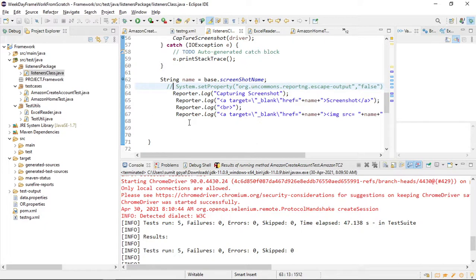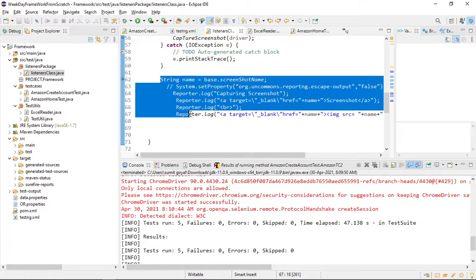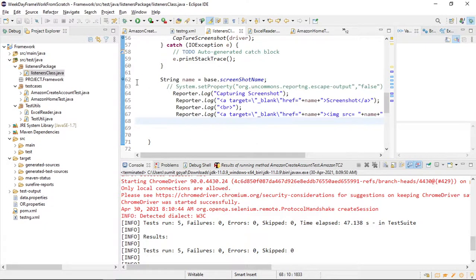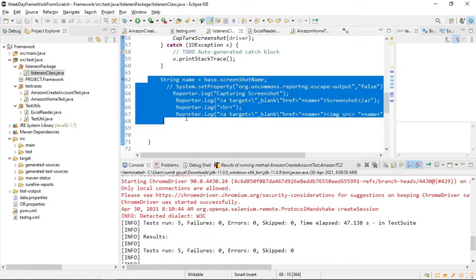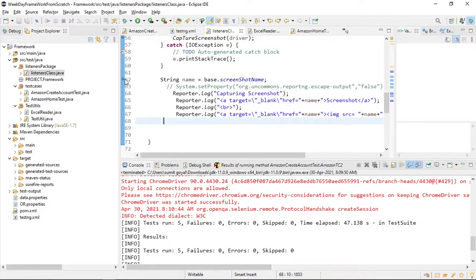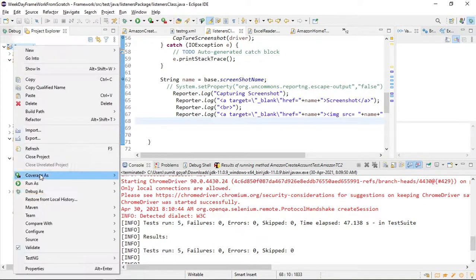So Sumit, we haven't seen this portion. This one, String name, yeah, we haven't seen that. That's why I'm debugging. So just add these lines and I will explain in debug mode how it is executing, right? So let me debug as,